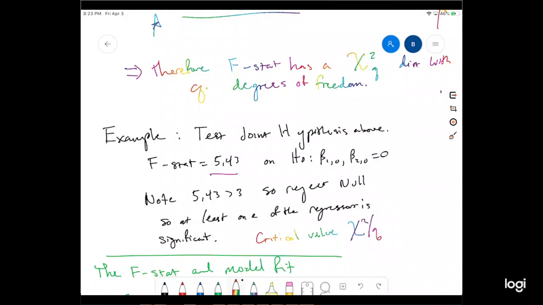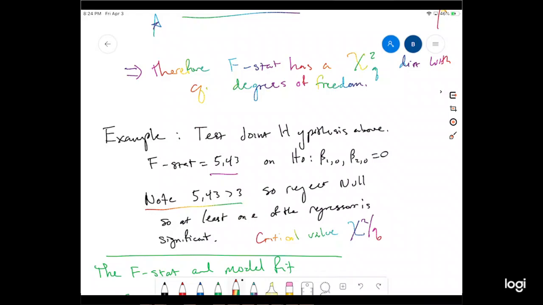In this case, we looked up the chi-squared distribution, we find it was for a 5% significance with 2 degrees of freedom, it's basically 6, and we divide by q, so divide by 2, it's basically 3. So our rejection rule is 5.43 greater than 3. It is, so reject the null,